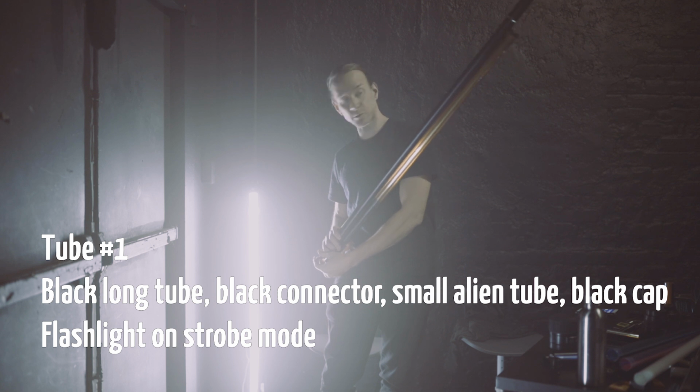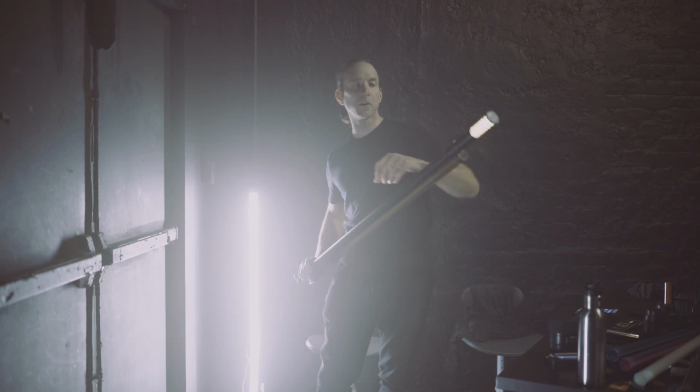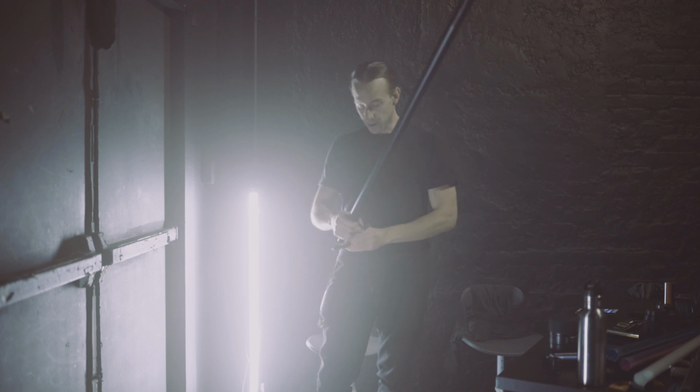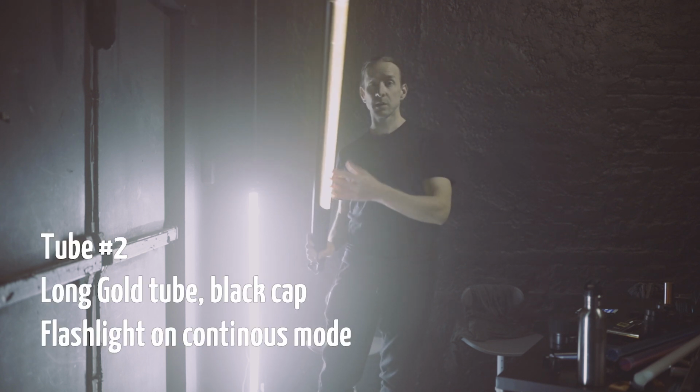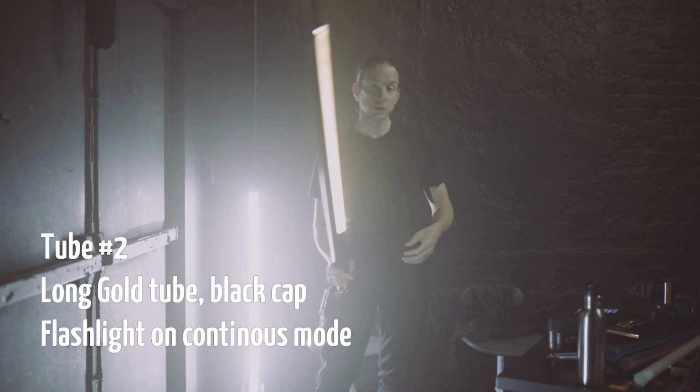So I go in strobe mode on this one. This is why you see blocks of colors on top. And then I have, this is a golden tube. And so I'm just going